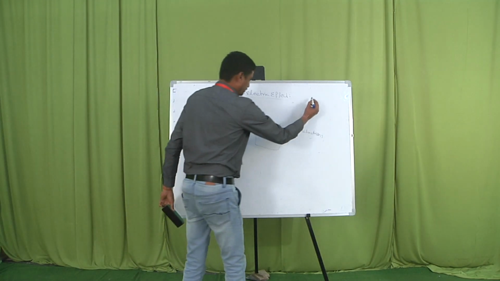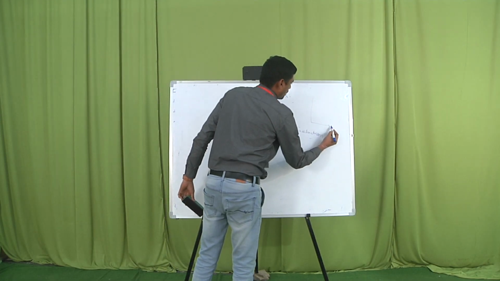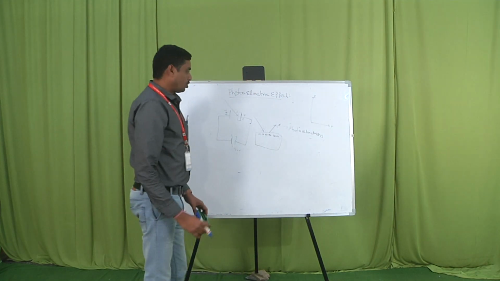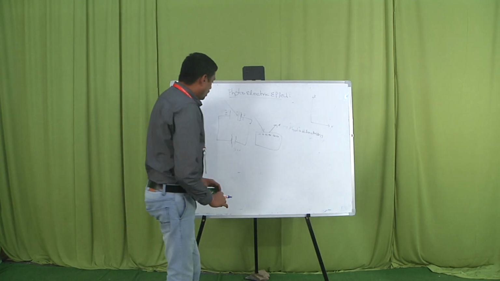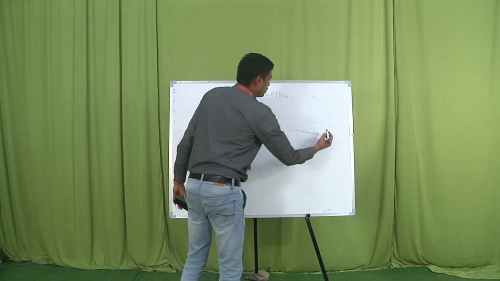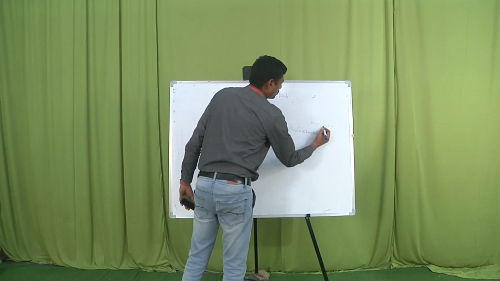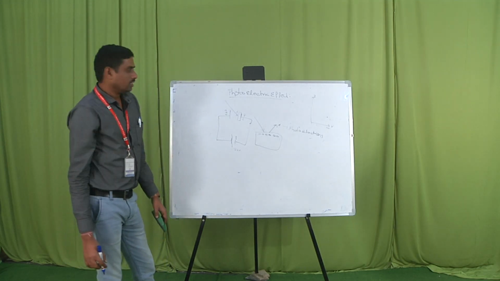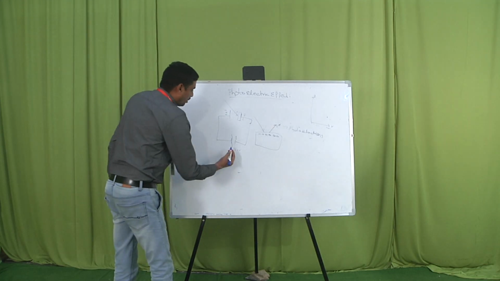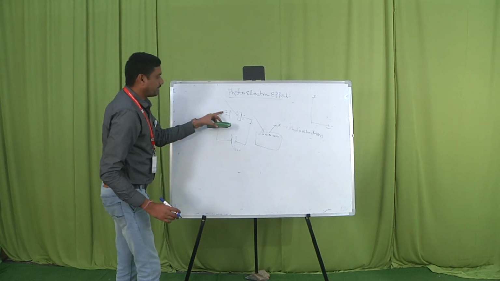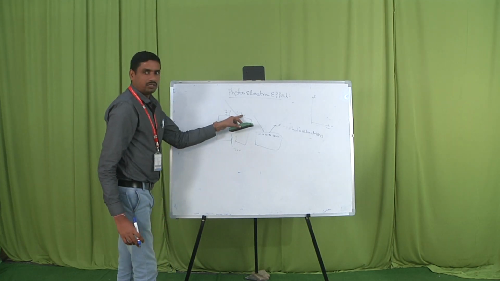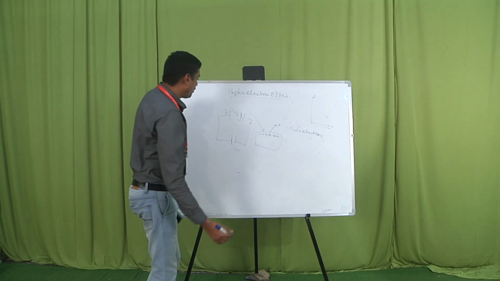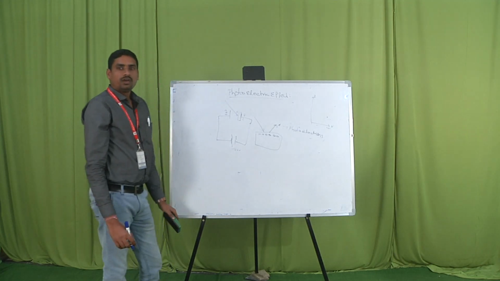When I take a graph, on the x-axis I take voltage and on the y-axis I take current. In this situation the maximum voltage is 20 volts. If I take 0, 2, 4, and so on up to 20, it may be this point, it may be that point. Now I am reversing the plates. Here I take negative and here positive. It means I changed the plates. If I change the plates, what will happen? Voltage is minus 20 volts.